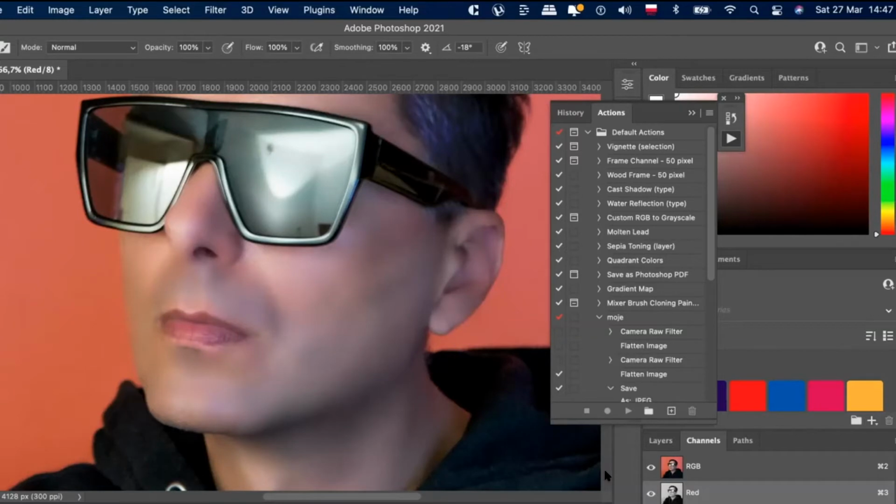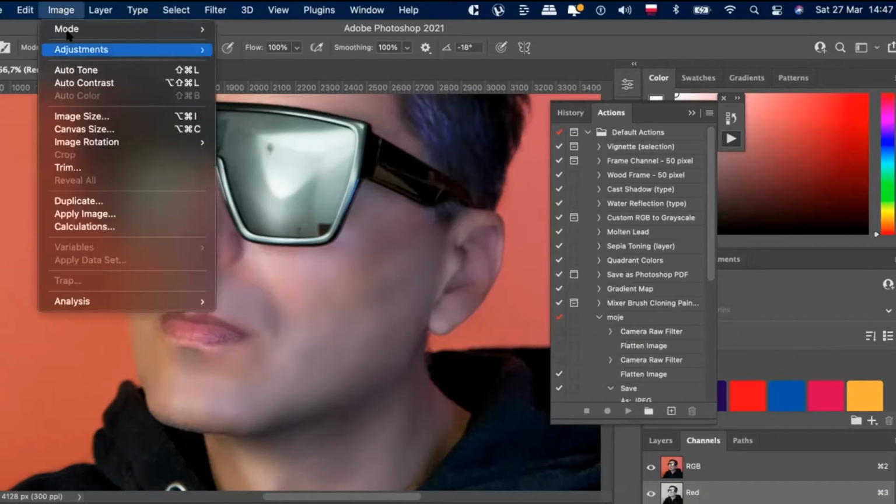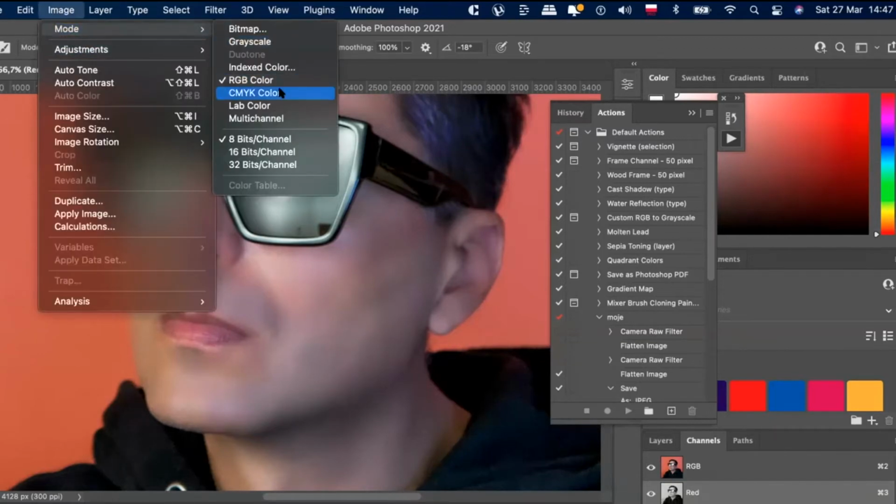CMKY, oh sorry, it's mixed, CMYK in English. Yes, that we have. I can always convert an image into CMYK just like that, go in here and convert to smooth color. Actually, nowadays, I mean, in about maybe 10 years, we don't use that on images anymore because we don't need